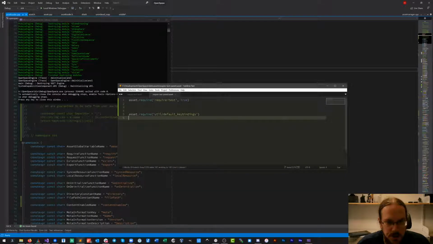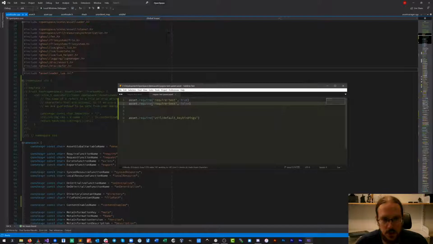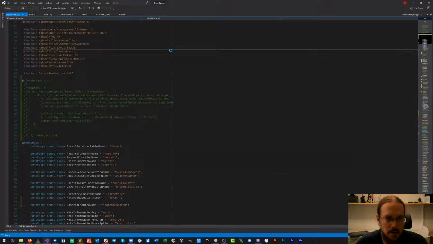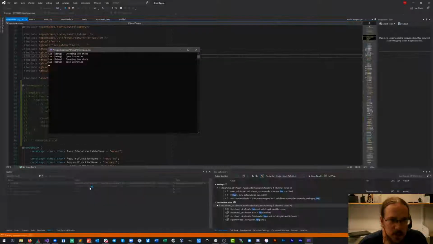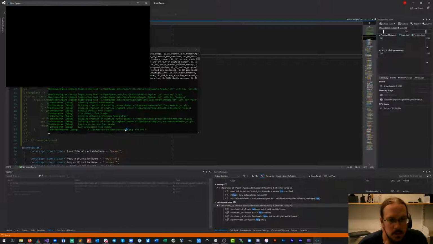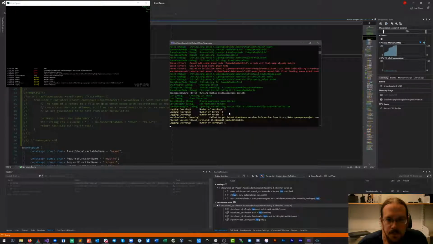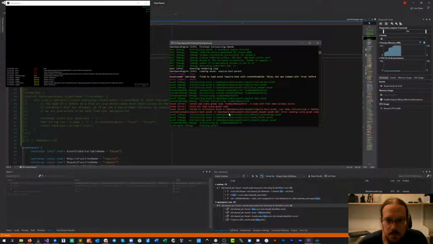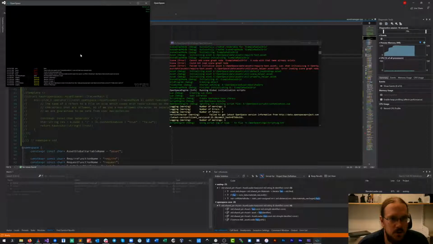But now we want to check if we actually did it correct. So if I first load true, then we load false, it should be visible, but we should get a warning that we have done something wrong. Yes, so we loaded with true and then something happened and it should be visible.